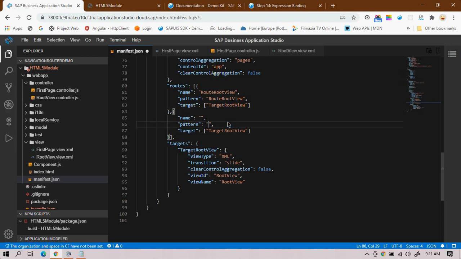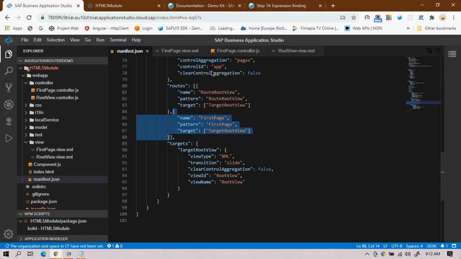So I'll give the same name and pattern, whatever name I have given to the view, that is first page, and the same first page. Okay, so now the routes are created, and each route is associated with each view.